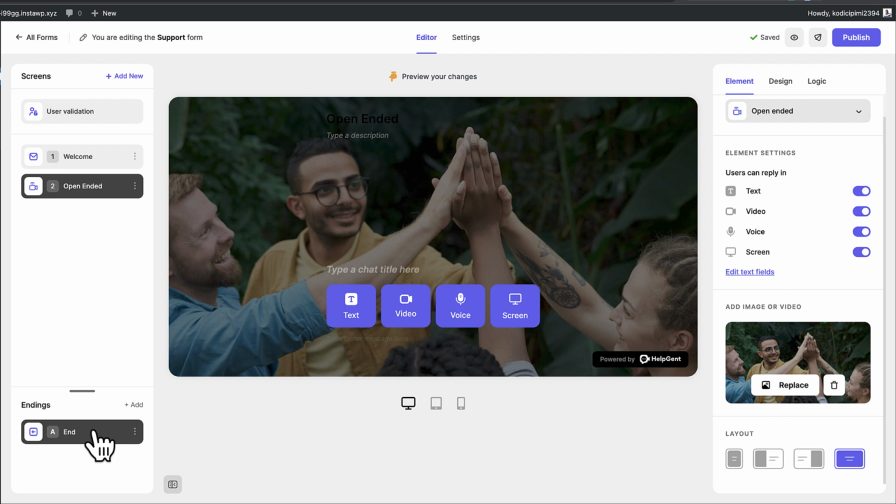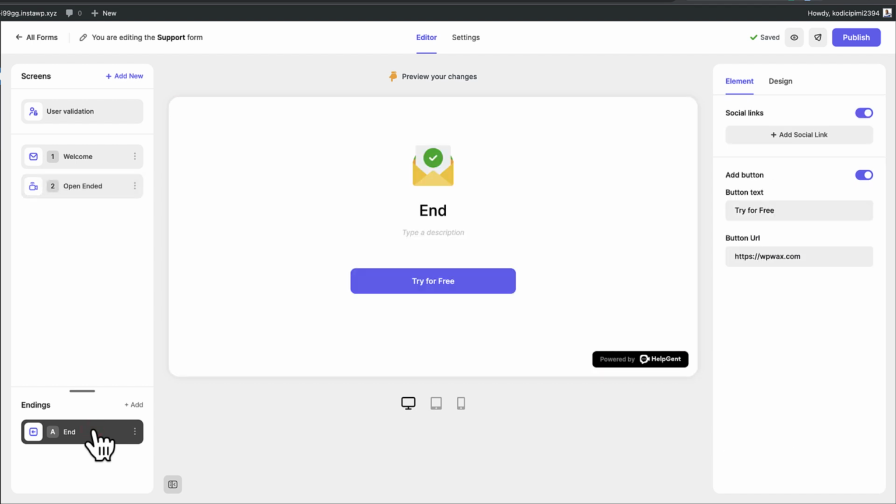ending. Okay, so this is where you can choose what you want to do after they've sent you the voice or the video or the text. All right, so I'm going to click on that, and now let's work on this. So let's say you have something at the end that you want to promote or you want them to take a look at. You can just say here, so here we're saying get 50% off your first consultation, and then